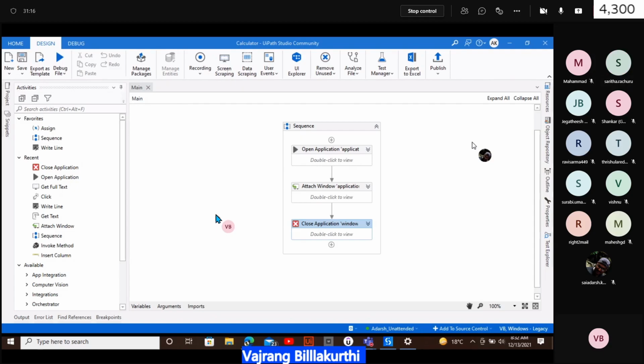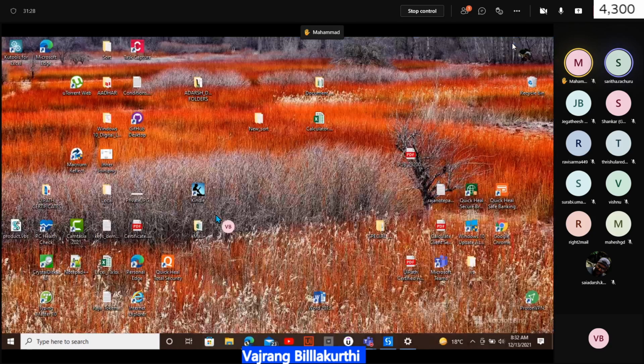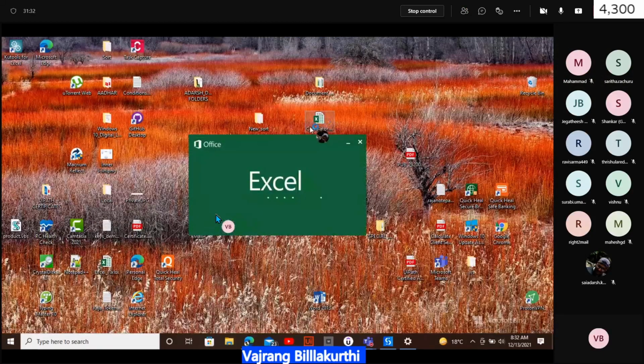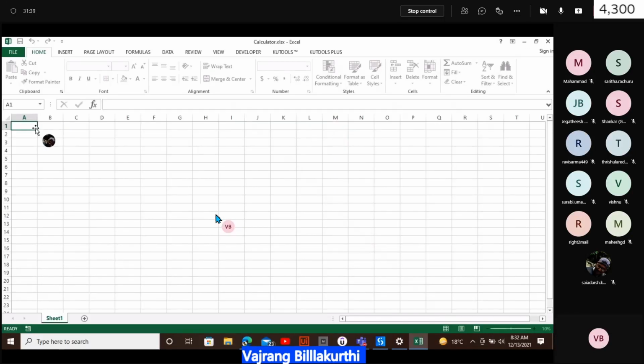So, create an Excel and then add two columns. Just guide him how to do that. First, we need to create an Excel and then add two columns. Okay, make others do it. May I know what these two columns are for?